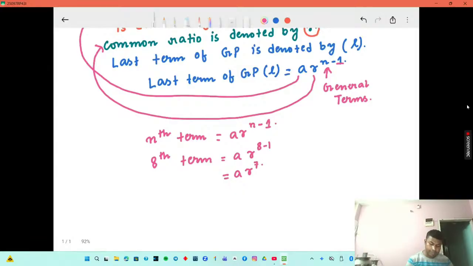And if n is given as 10, then I will write a r to the power 10 minus 1, which is a r to the power 9. So have you understood now what n is? n is the nth term, and the formula for the nth term is a r to the power n minus 1. I think it is very clear what the nth term, the general term, and the last term are. So now we will start to solve some problems related to